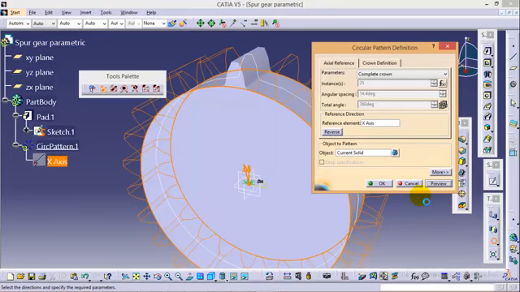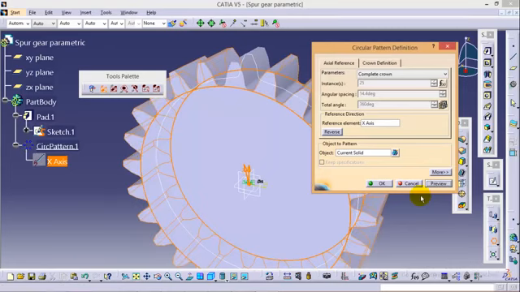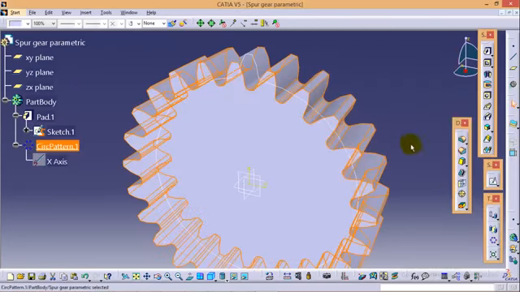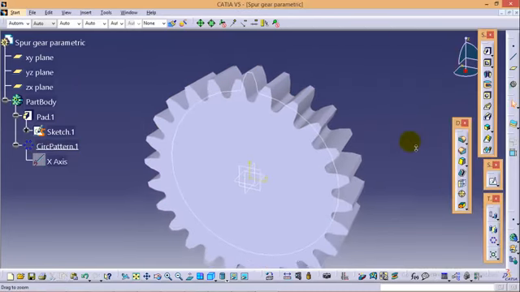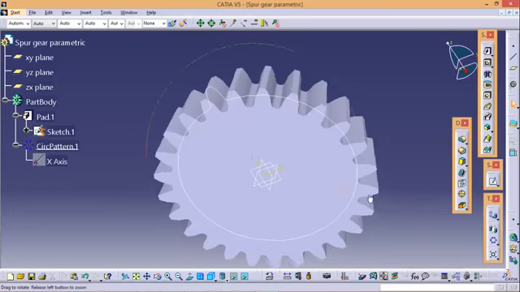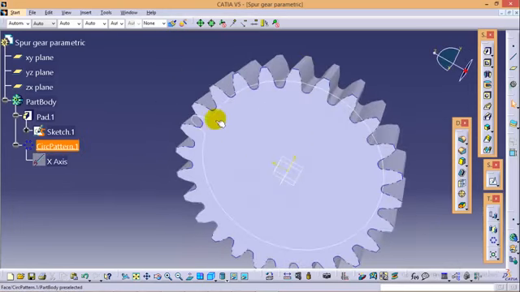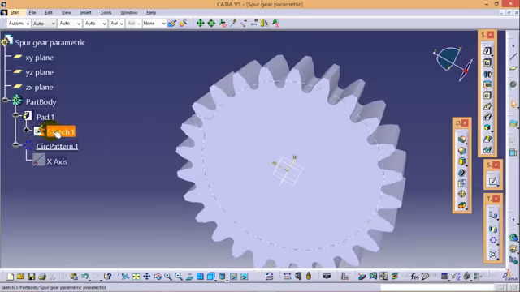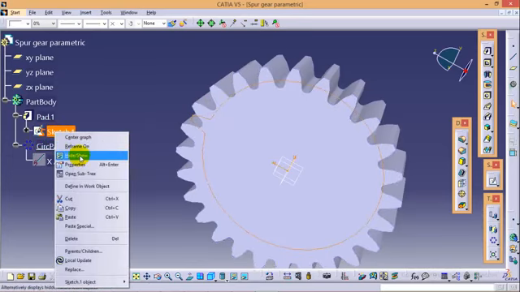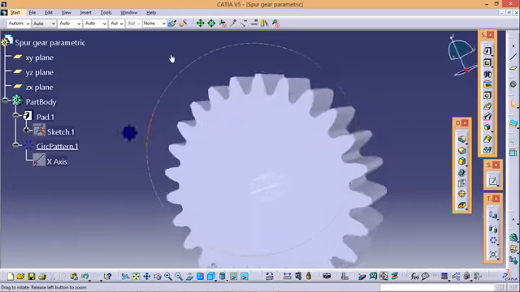So give a preview. Okay, so here we are completed with the spur gear of 25 teeth with a module of 3.5. If we hide the sketch, we can see it here.